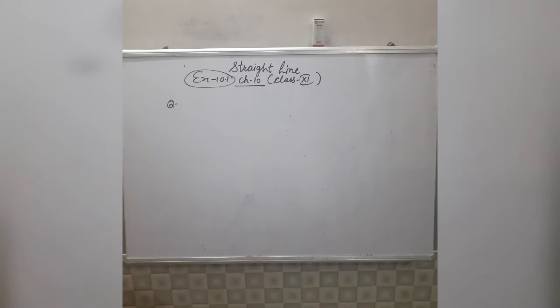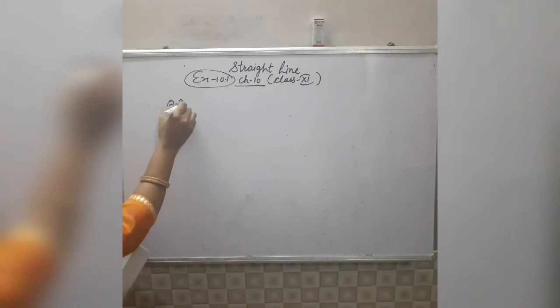Now see question number 9. In the ninth question, without using the distance formula, show that the 4 points given to you are the vertices of a parallelogram. All of you know that in case of a parallelogram, opposite sides will be parallel to each other. So in this case we will find out the slopes of opposite lines, and all of you know that slopes of parallel lines are equal. Clear? So in this case I am just telling you the method of this sum, you will do it yourself.